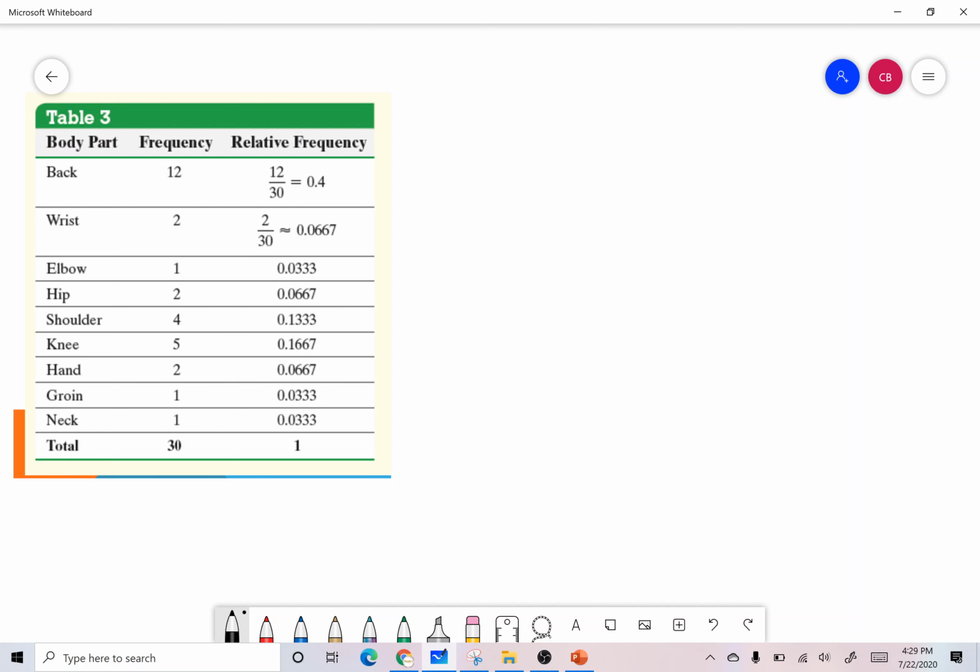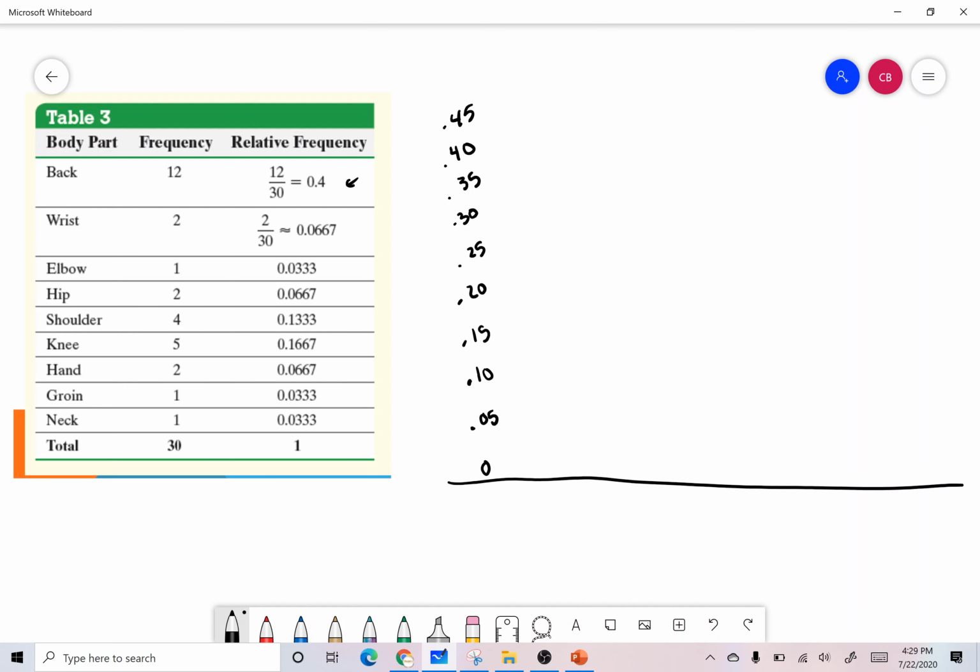So it goes to 0.4, that's the highest, and it gets everything from 0.16, 0.04, so let's do 0, 0.05, 0.10, 15, 20, 25, 30, 35, 40, and 45. Notice I've spaced them basically evenly, but now we have